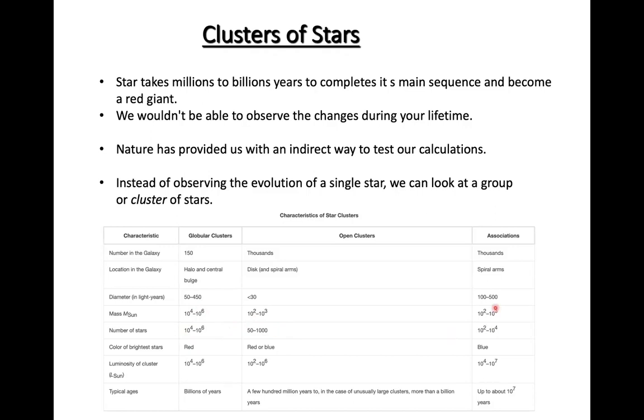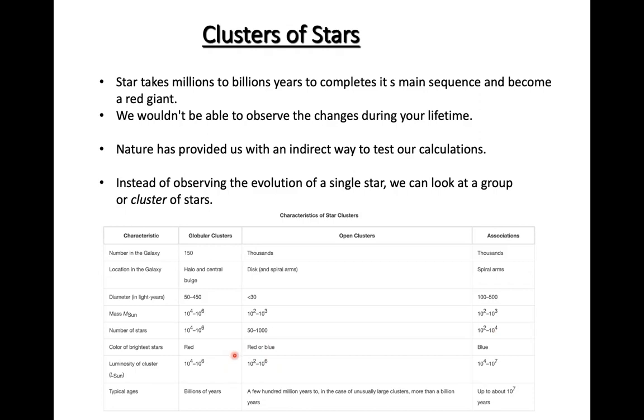And you can see that there are some properties for the associations, which I'm not paying that much attention to, but I have it here in the table just to make sure you know that there is a type like that. But what we are focusing on here as types of star clusters is globular clusters and open clusters, right? And if you look at the luminosity of a star, it seems like globular clusters have somewhat higher luminosity, but you can see they are roughly in the same region, right?